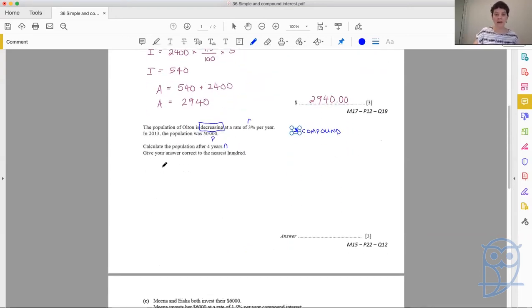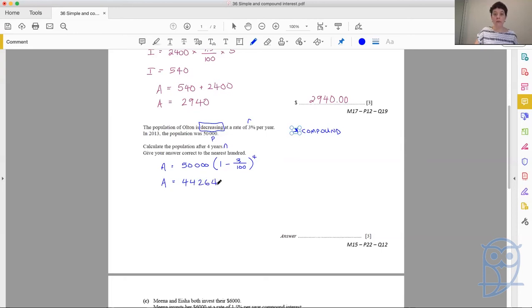So we would have here A, the population after 4 years, is going to equal 50,000 times 1 minus 3 over 100, because we are now decreasing at a rate of 3%, to the power 4 for 4 time periods. Same like the first question, this is going to go into your calculator all at once, and you're going to get the answer